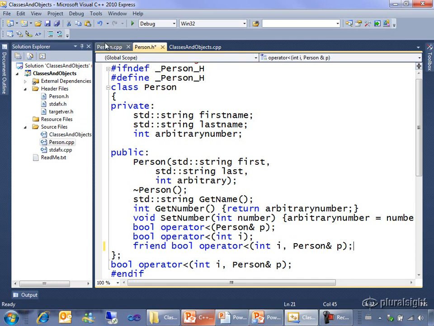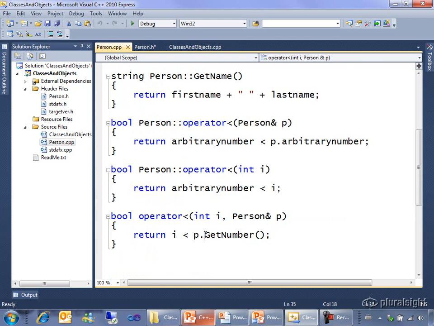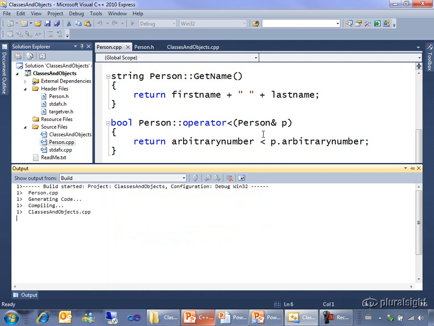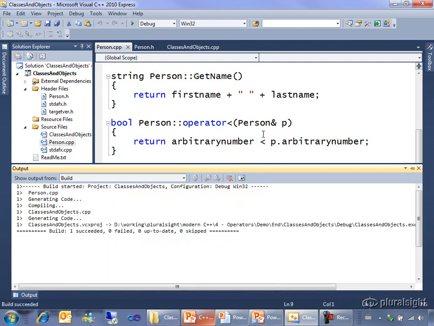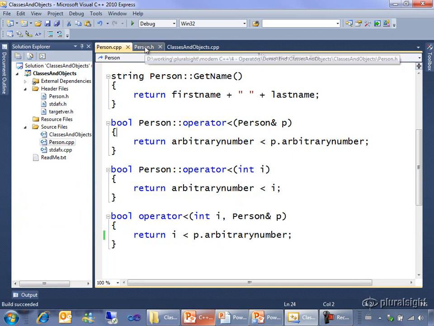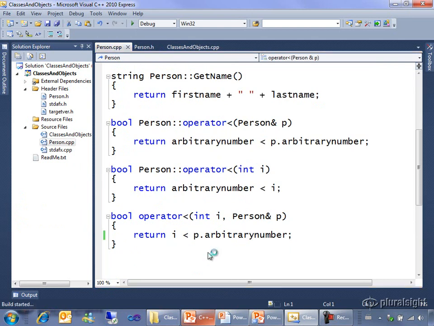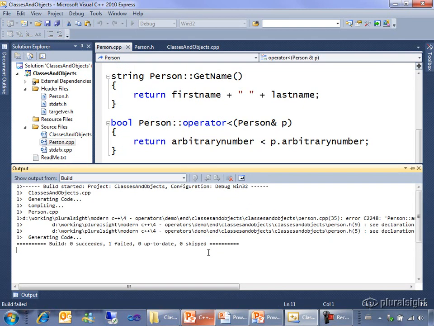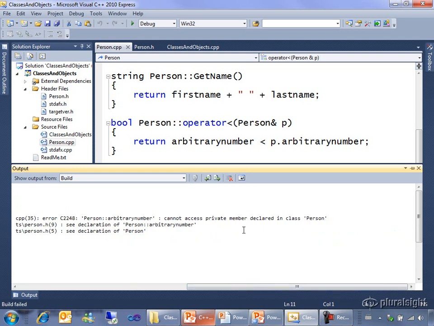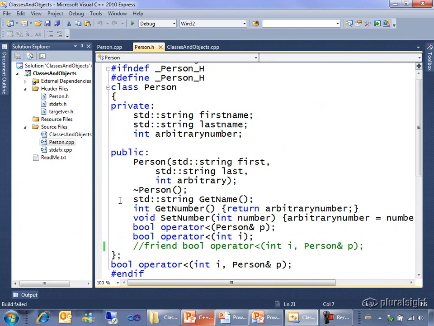And once those privileges have been given to it, instead of calling this public function getNumber, I can use this private arbitrary number, and I'll just build this to prove to you that it compiles. And indeed it does. Without the friend statement, I get error messages, basically saying I can't access that private member arbitrary number. So the friend statement was what made the exception and that made it possible for that operator to access the